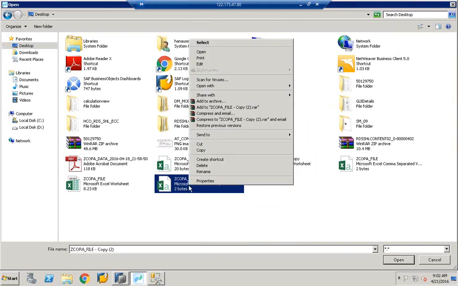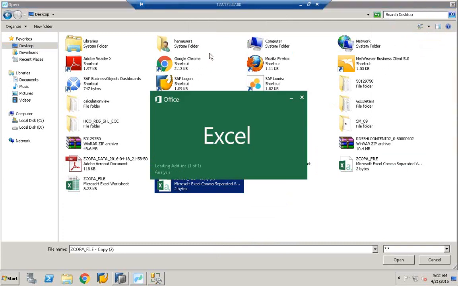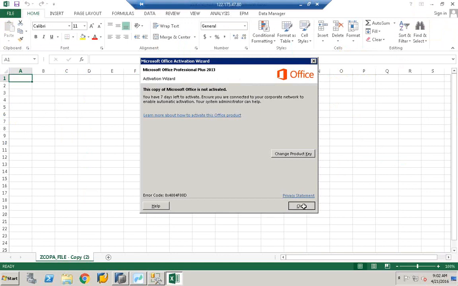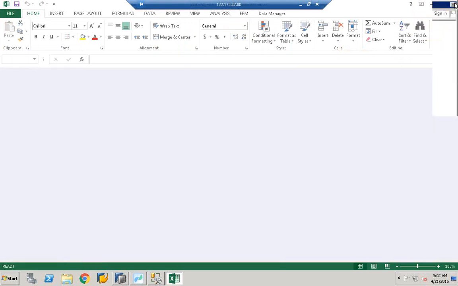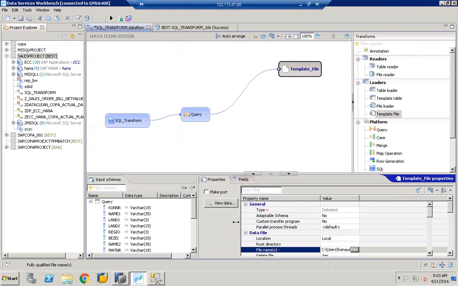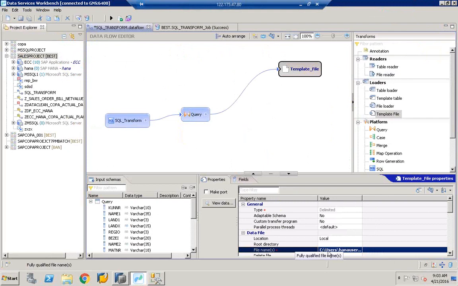So here we have a file. Right click on the file, click open. So here we have the name of the file. Click close. Double click on the file. So here we have the file name. So I'll validate